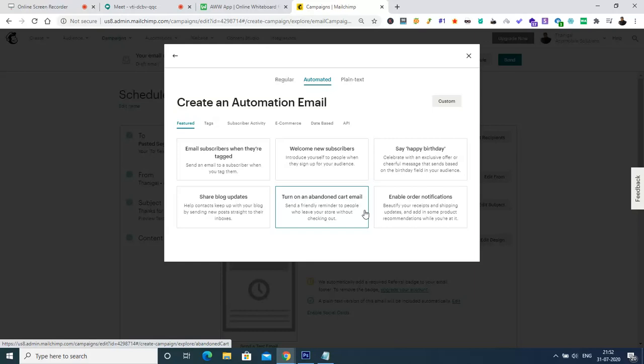That is what we call an abandoned cart email. Then we have enable order notifications. Suppose someone has made a purchase, we can send them an automated email saying thank you for your order, this is your receipt number, this is your shipping details, etc. So these are the options that are available in the featured segment.